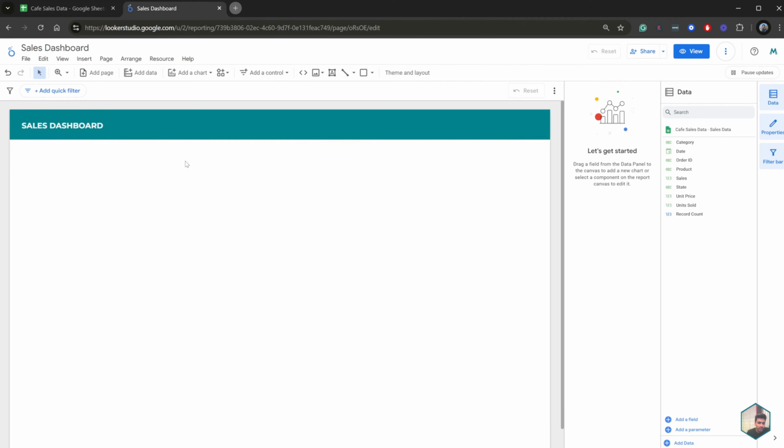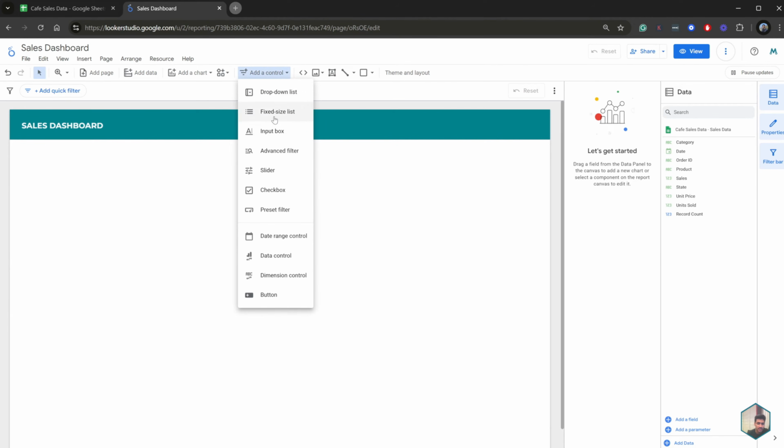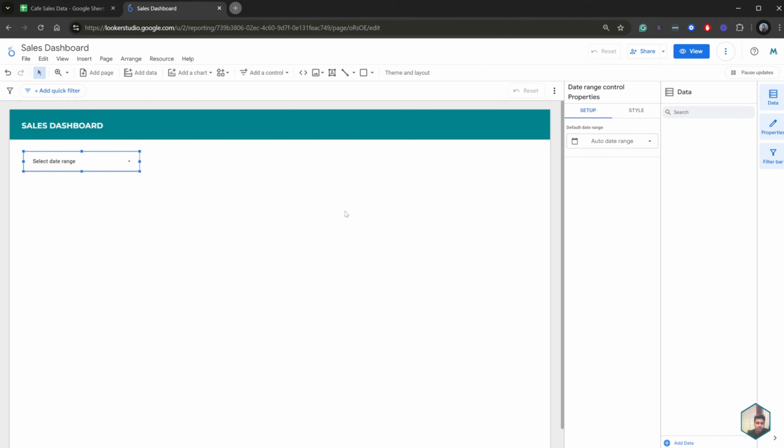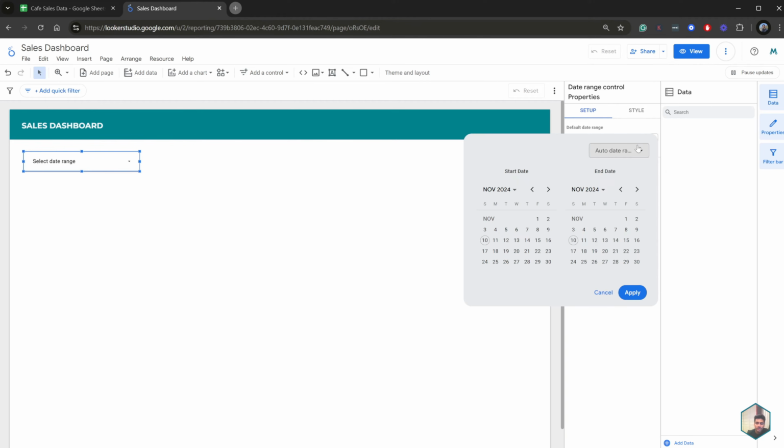Cool, now that we have our nice looking header, the next thing we'll want to do is create some filters. So before creating any charts, what I like to do is insert a date range. So I'm going to click on date range control over here, and we're going to add it here. For the auto date range, I'll select this year,